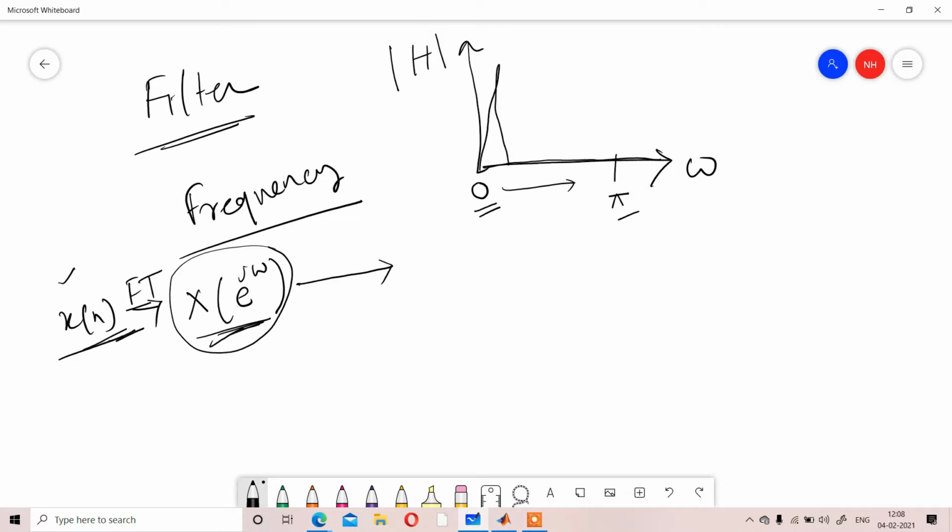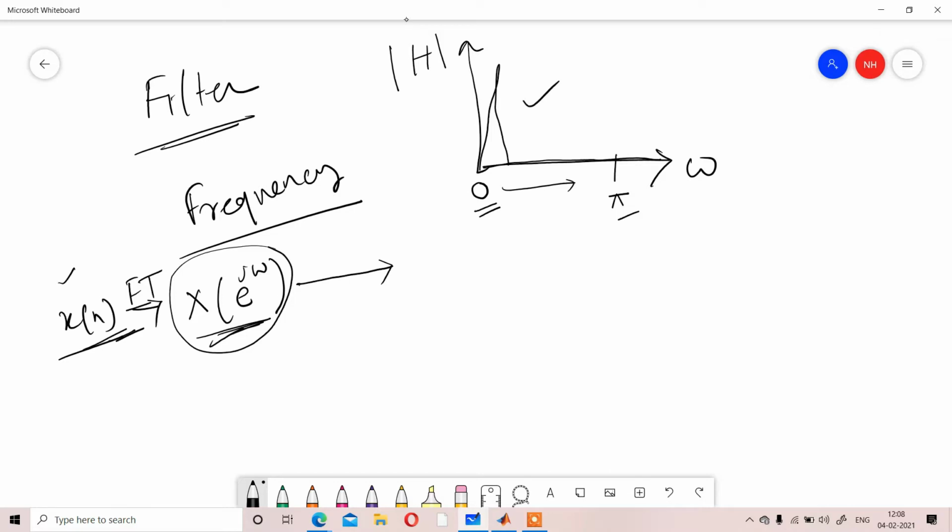I'm giving you the example before starting the filter, and everything I will show you in the MATLAB coding part, so it will be more clear to all of you. So first I just want to give you some idea why we are doing the frequency domain representation to design a filter. Okay, so that type of representation you will get